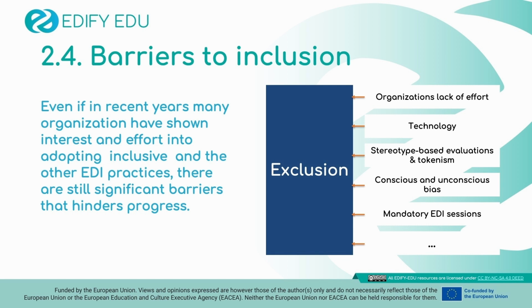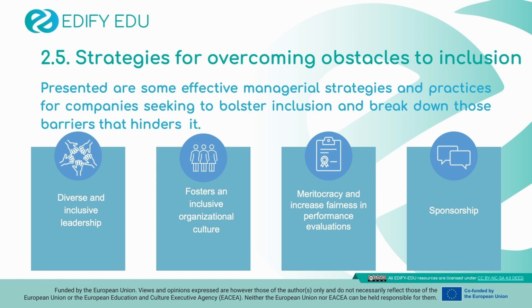Fortunately, studies and research have also identified strategies to overcome these obstacles. To overcome barriers to inclusion, organizations can implement a range of strategies. A fundamental aspect of any of these strategies is that it must be comprehensive and affect the organization entirely in all its aspects. A company making big DEI moves before it's ready will most likely fail to meet its objectives, leaving minority employees and community members continually marginalized.